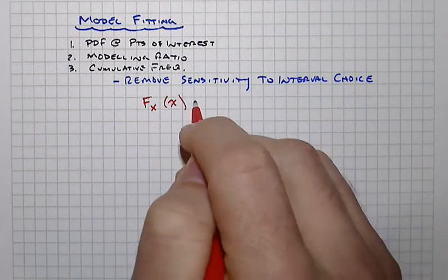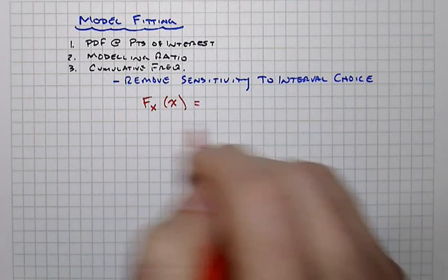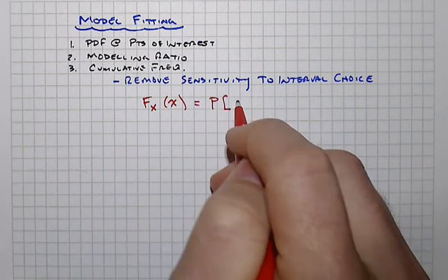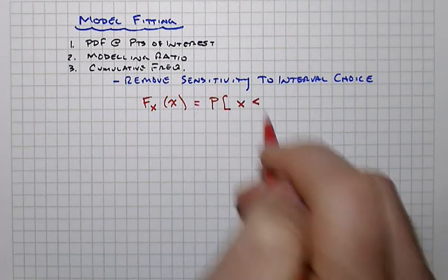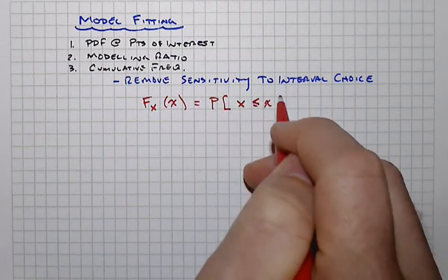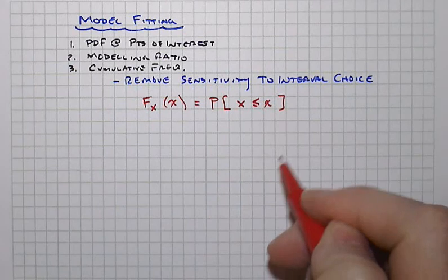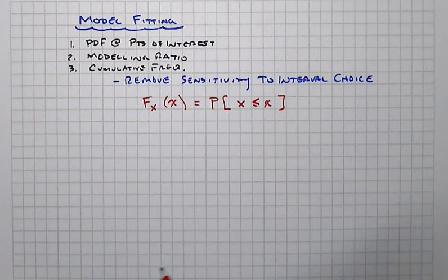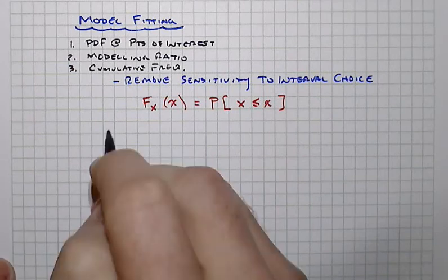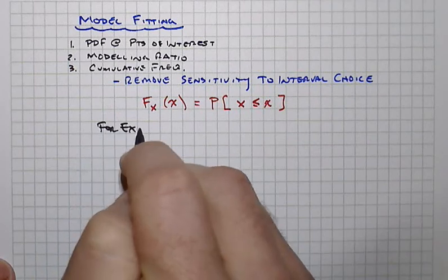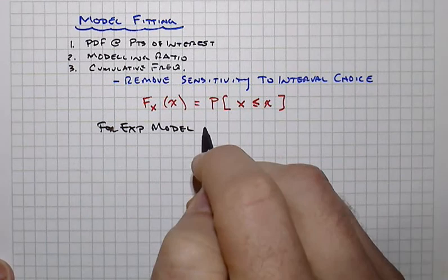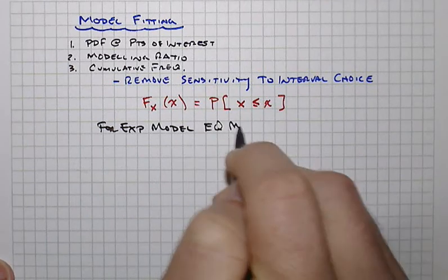So in proceeding down that path, let's go back and recall just what the cumulative frequency model was all about. Our symbol here was the capital F, and that was the probability that our value was less than or equal to some specific value of interest. For the exponential model associated with our earthquake magnitude data,